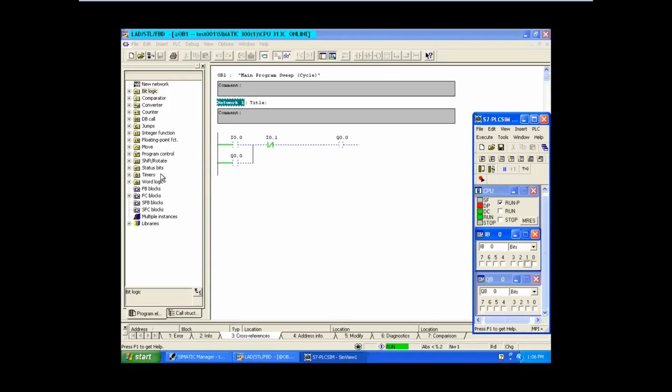So I am repeating, I 0.0 is on, output is on. Even if you release that, output still in a on condition. Fine. So even if you turn on your unlatching, I mean I 0.1, it is unlatched the circuit. Right. So this is making contact and breaking contact using push button. Fine. So push button is one of the important digital input.